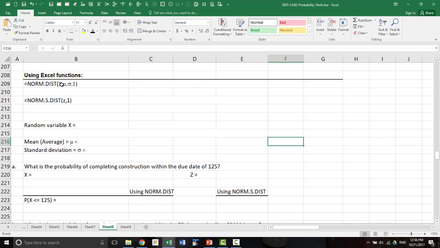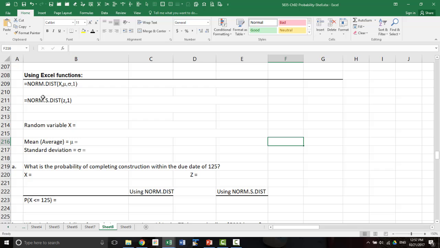norm.dist that uses x, mu, sigma, and cumulative probability. That one stands for cumulative probability. 0 would be just the height of the function, which means nothing for us. Or you can compute z yourself using x, mu, and sigma. And once you have the z, you can use the